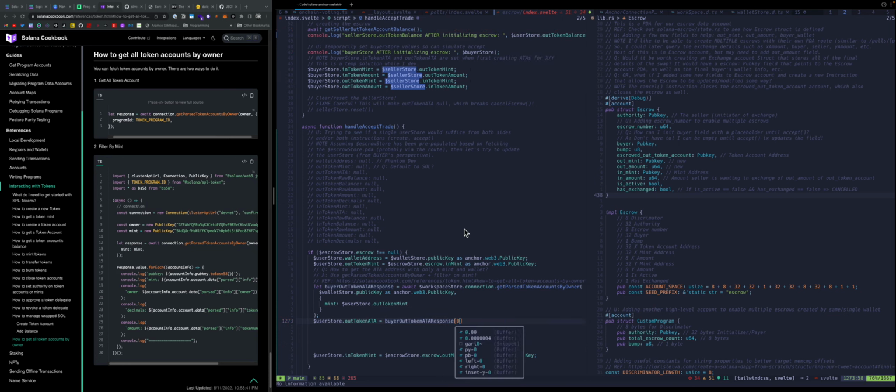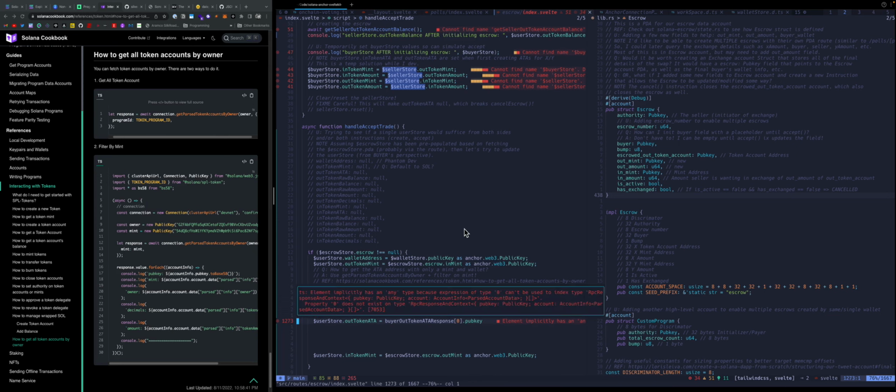So I feel like pub key, yeah? Because expression of type 0 can't be used to index type. What am I missing here? It's an array of this type of pub key and